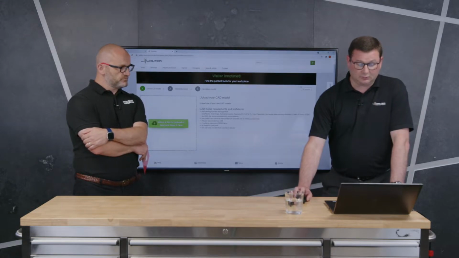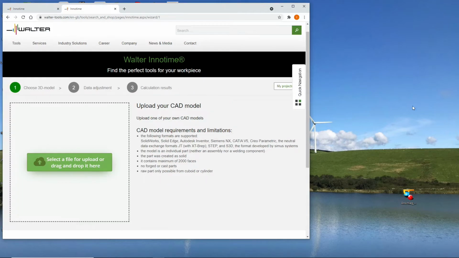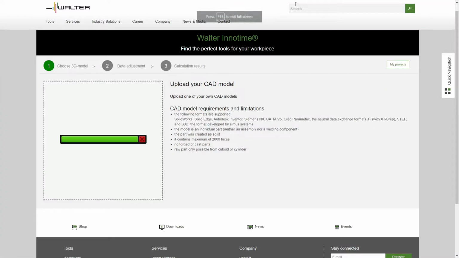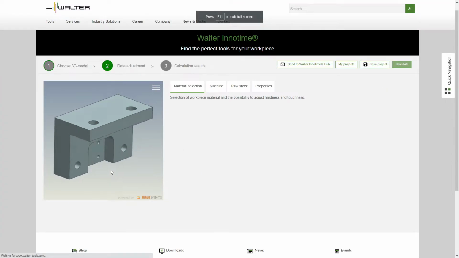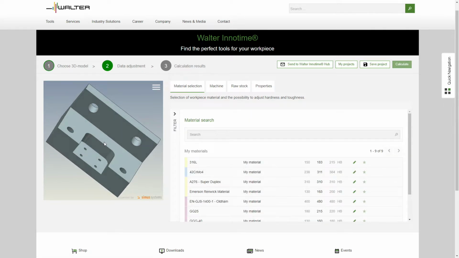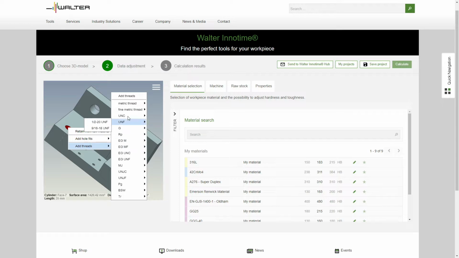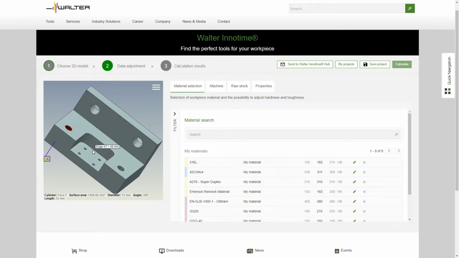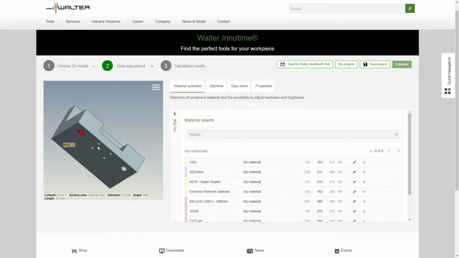It's accessed through the Walter website, and we start by dragging and dropping a 3D model into the website. This is a basic prismatic 3-axis component. What we can do from this component is identify some of the features a bit further. So where we've got holes, they may be tapped, so we can identify them with the relevant thread size. And we can also add, if required,